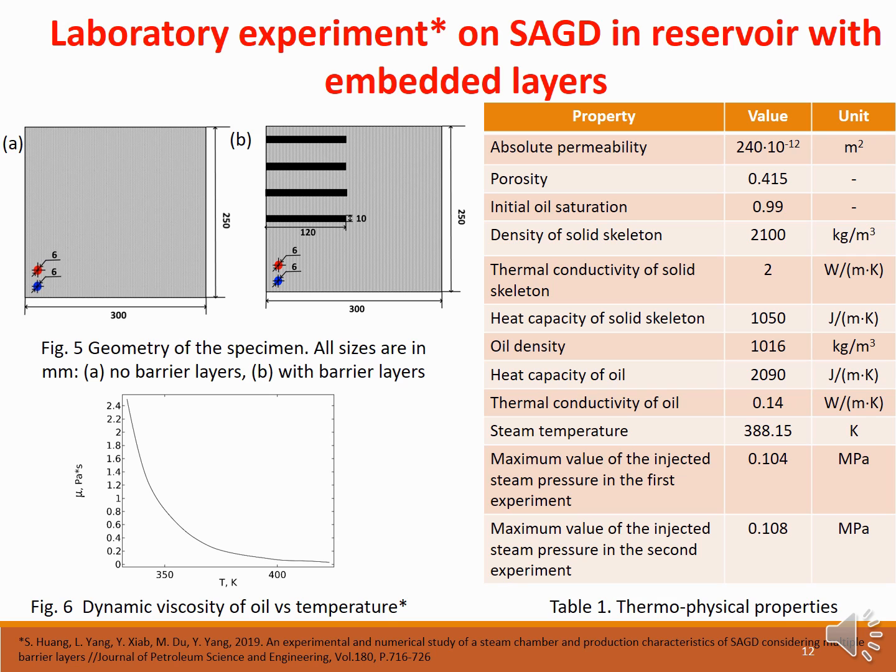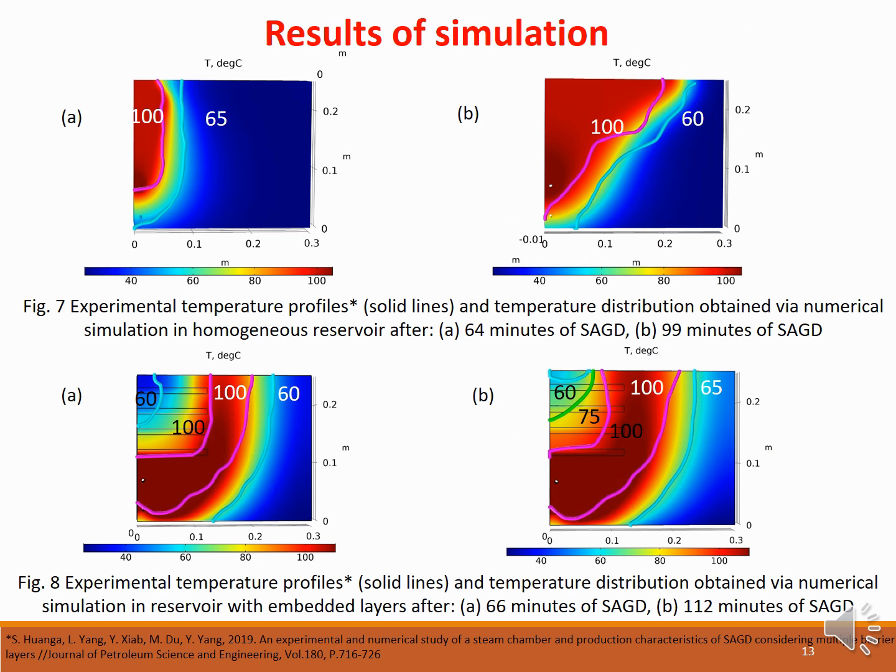perspex plates acting as barrier layers, which is shown in Figure 5b. Physical properties used in the simulation are presented in Table 1. The dependence of dynamic viscosity upon temperature is presented in Figure 6. Firstly, a preheating stage was simulated in both cases. When the temperature between the wells was equal to 70 degrees, steam-assisted gravity drainage was switched on for the formal